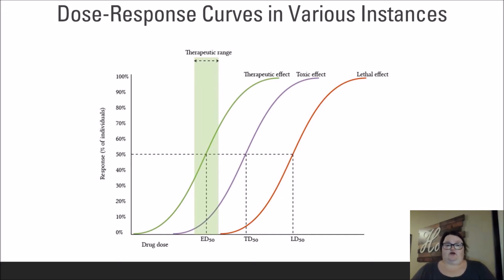The toxic effect curve shows us the dosage that is likely to cause negative side effects, but does not cause death. This, the TD50, is also measured over a 2-week period in a sample population. Here, the threshold is the first place we see negative effects begin. Lastly, we have the main component we will be using in our understanding of toxicity. That is the lethal dose curve. The LD50, like the others, is measured as the dose it takes to kill 50% of the test population in 2 weeks. The threshold is the first dose at which deaths are recorded.